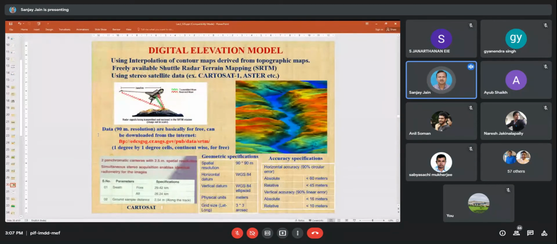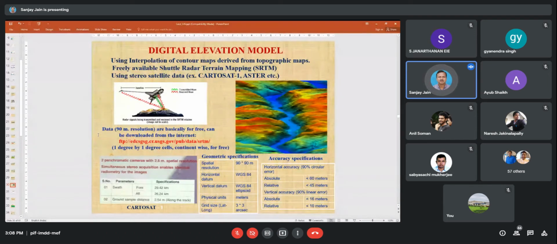So now comes the third dimension, which I have discussed in my previous lecture but have not explained, and that is height. If you have seen Google Earth, you can visualize the 3D there. How is it possible? It is possible because we now have a digital elevation model.